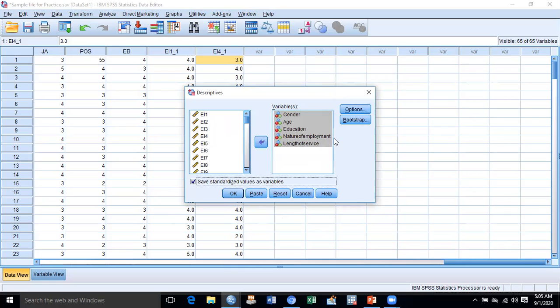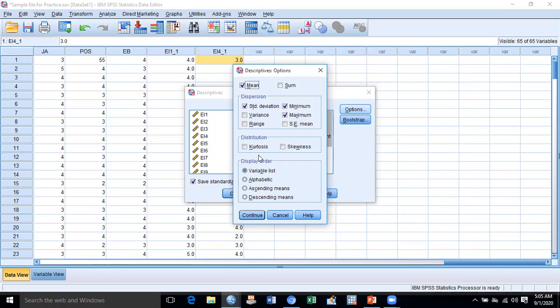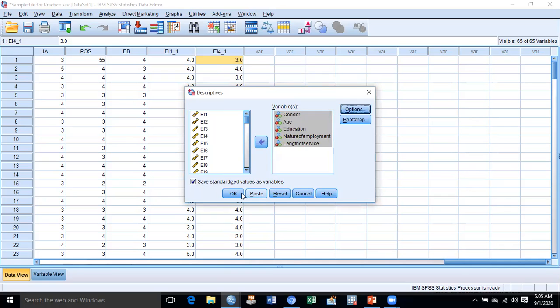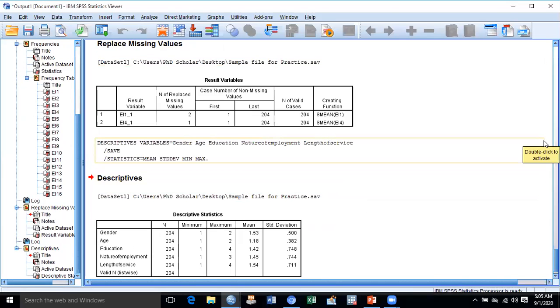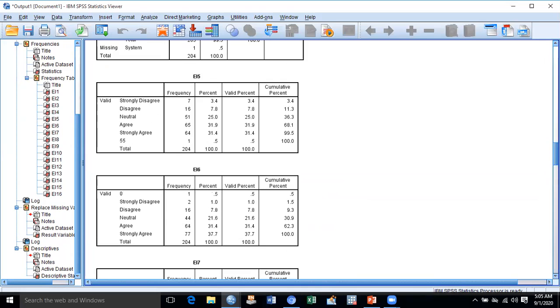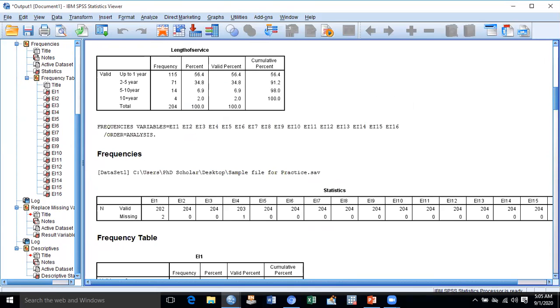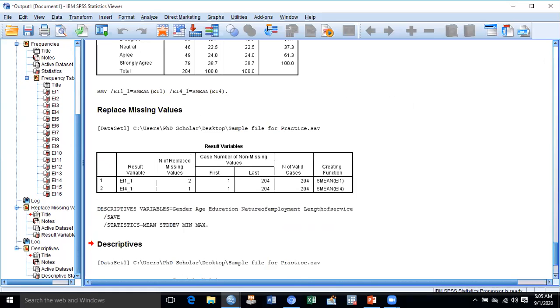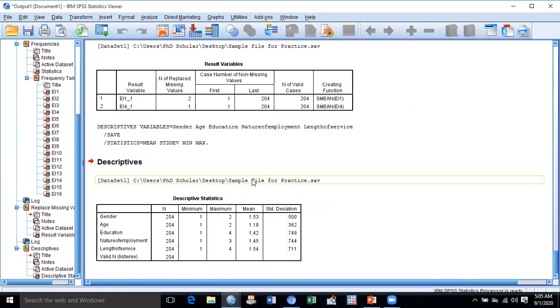Show frequencies. Okay, look, it is showing descriptive statistics about the variables.